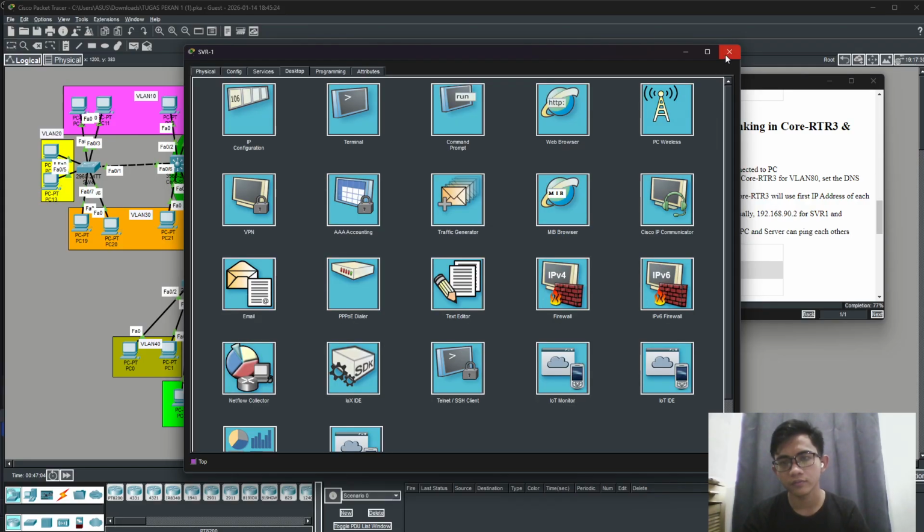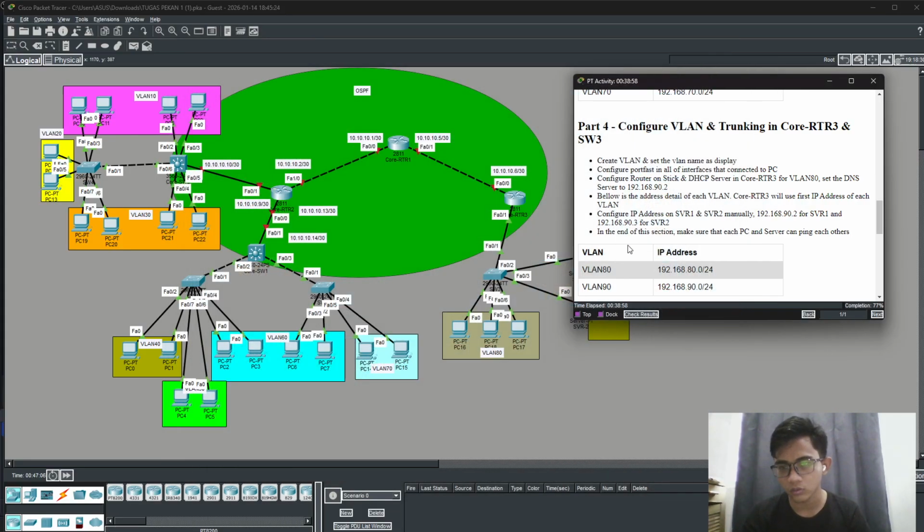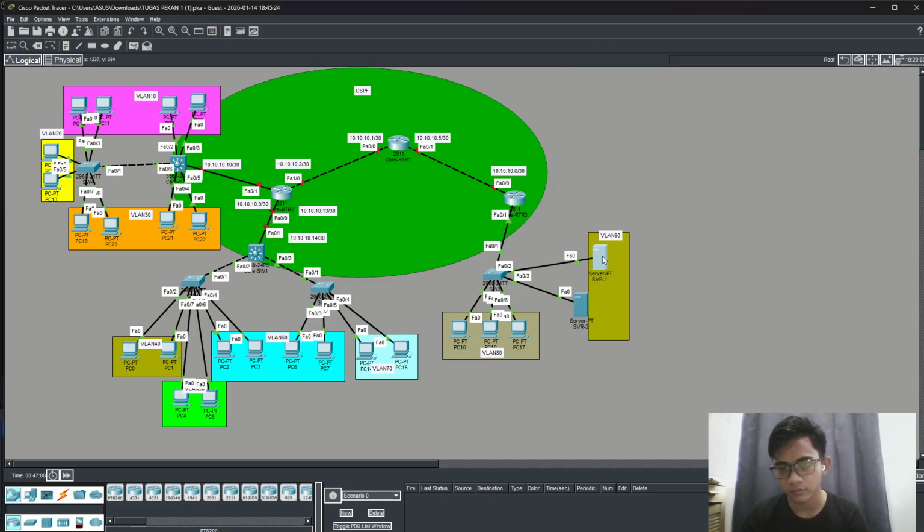And for server 2 we will use 0.3, I guess.